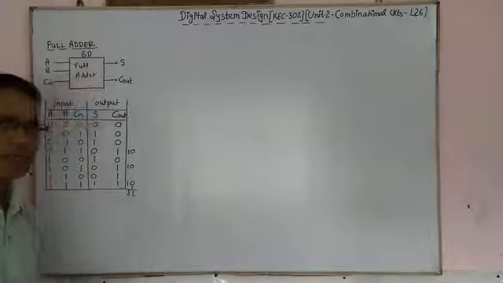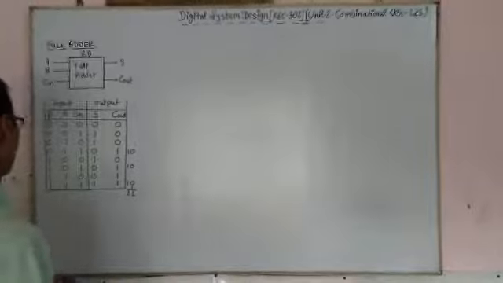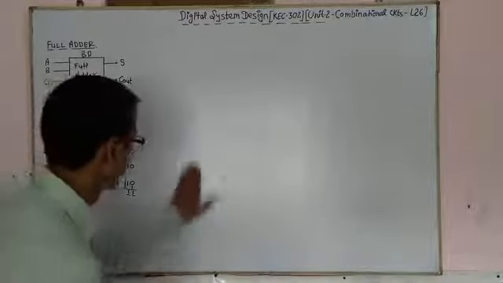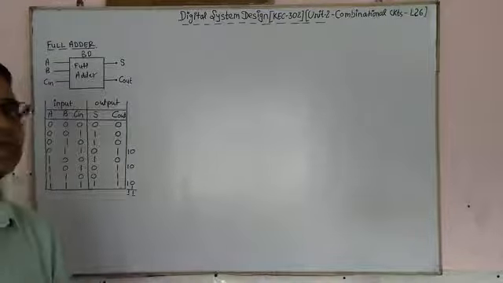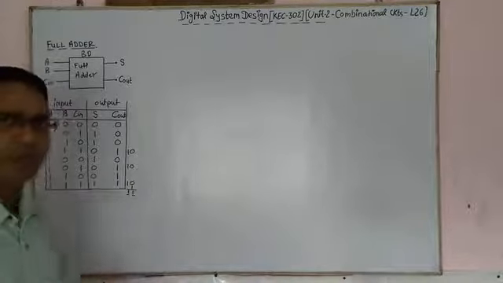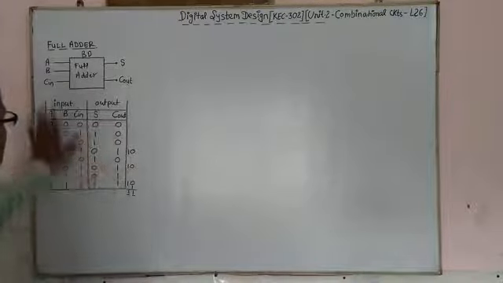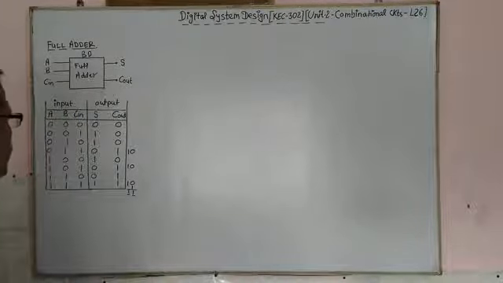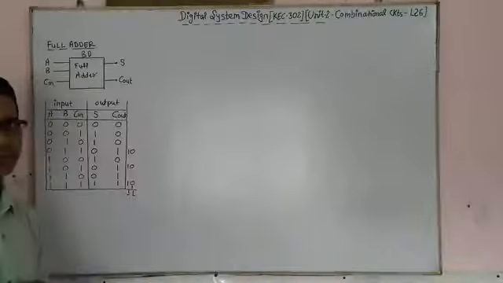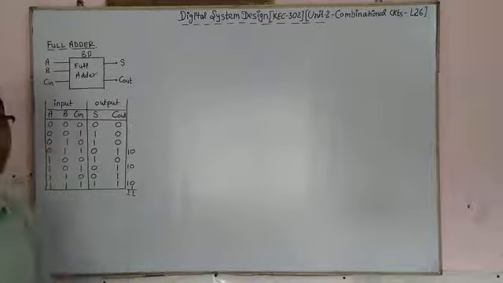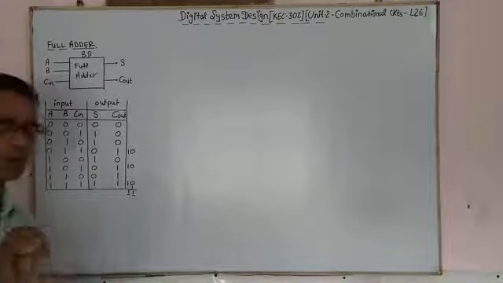So this is the truth table of this full adder, and we have converted the behavior of this full adder in the form of a truth table. Now we have a truth table. As earlier I have told you, once you have a truth table, then it is very easy to design logical circuits. So you can see here this is a truth table, and at the output you will see 0 and 1.